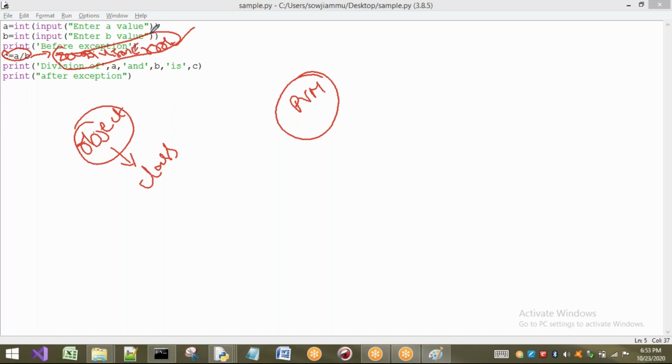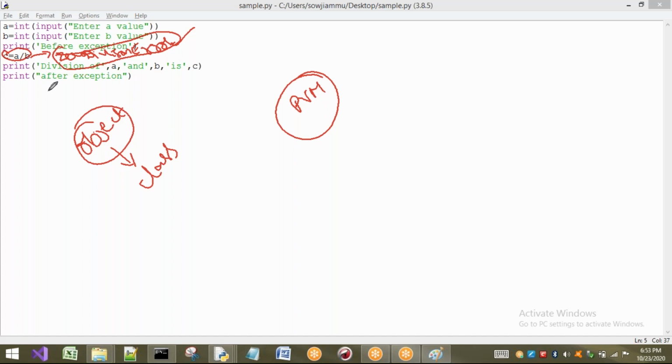See here, whenever an exception occurs, what is the PVM going to do? The PVM will create a corresponding exception object, a ZeroDivisionError object, and it is going to handle it because I have not handled anything here. First, this is my program, a user program. The statement is written by me, so your PVM will think that okay, here there is an exception.